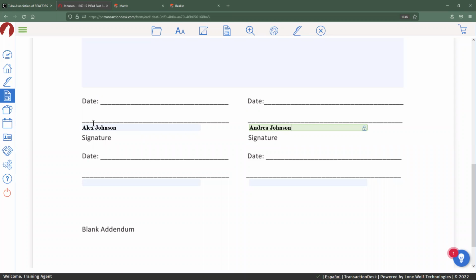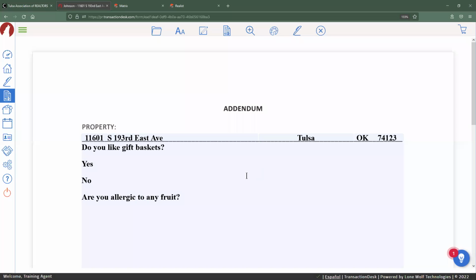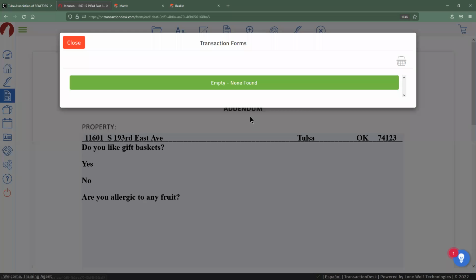But let's say that I ended up filling out one, forgot the other. We do have the option when we go through to complete the signing to actually add in the names of the individuals that are going to be signing. So I'm going to leave this one filled in and leave this one blank. We'll have to manually add Andrea during the signing process. So I can show you guys that contingency. All right. So I'm all set here. I'm going to go back to my transaction forms.